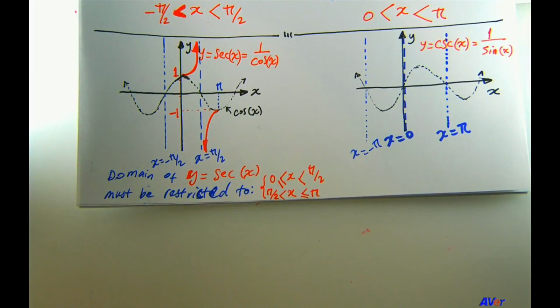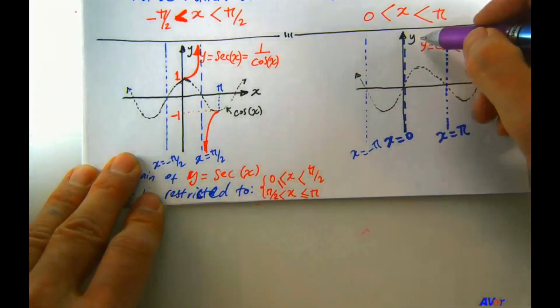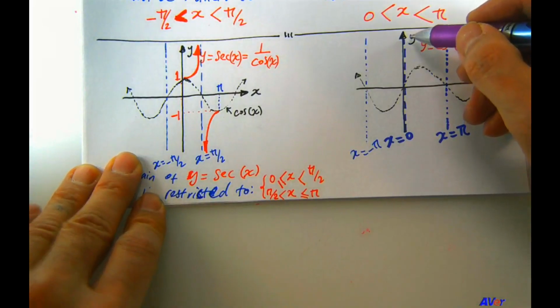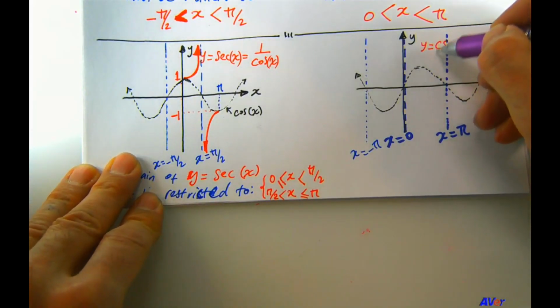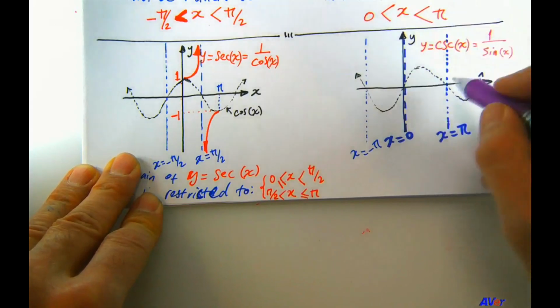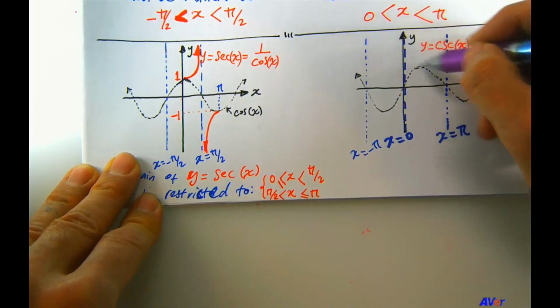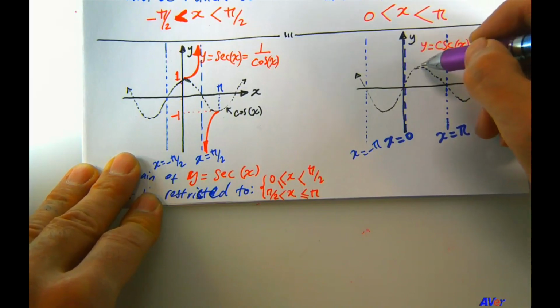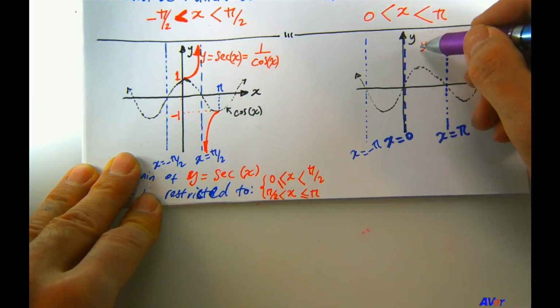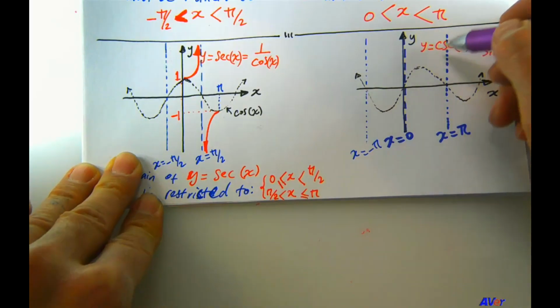But now, the cosecant, remember, the way we would draw it, it would come down here, touch the top of the sine curve, curve back up again, like a bowl shape, right? That would be the cosecant function. And it would do the same thing on each side of this. But remember, we can't curve that line, or otherwise it's going to come back up because it would fail the horizontal line test.